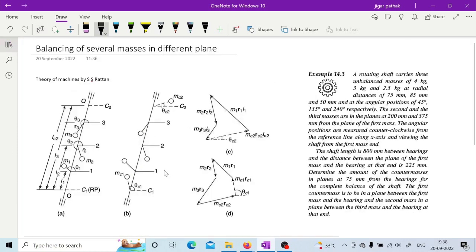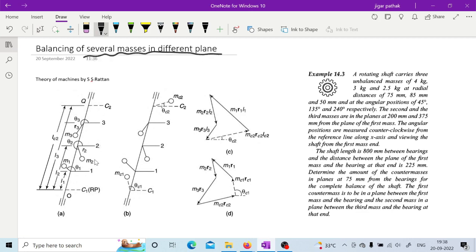Yeah. So here, as in the case of balancing of several masses in different planes, you can see there are different masses like m1, m2 and m3, and now they are not on the same rotor, they are on different rotors, right? So here you are given plane 1, 2 and 3, in which you have that mass at a particular angle, right? In each plane you are given the mass and angle and the distance at which that unbalanced mass is there. So once you have this kind of situation, what you are going to do is